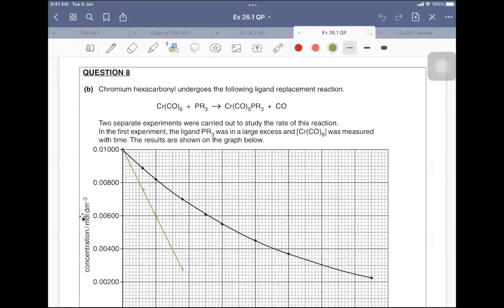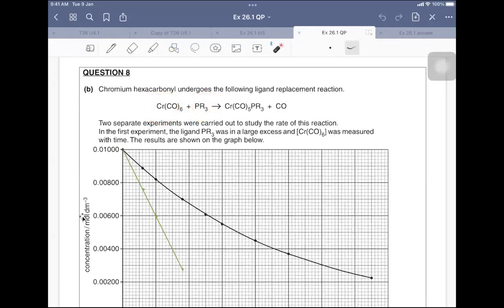So we are going to continue with exercise 26.1 and we will be looking at question 8. If you notice, question 8 is a reaction between chromium with CO. It's called a complex. This is a chromium complex with PR3. PR3 is a type of ligand. Okay, so you will look at this ligand exchange